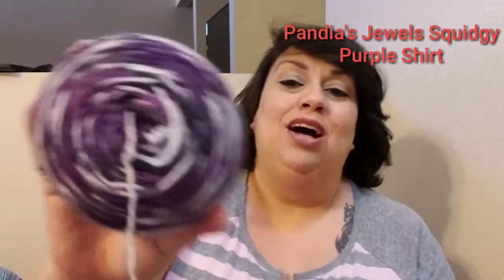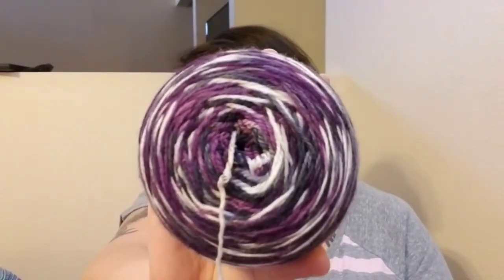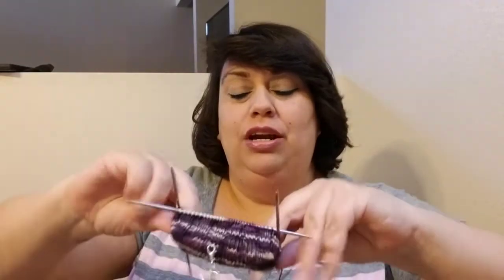But the colorway is awesome. It's called Purple Shirt. And if you're a Sherlock fan, you know exactly what that means. Yay, Benedict Cumberbatch. Woo-hoo. So I'm just basically improvising this. I started off with